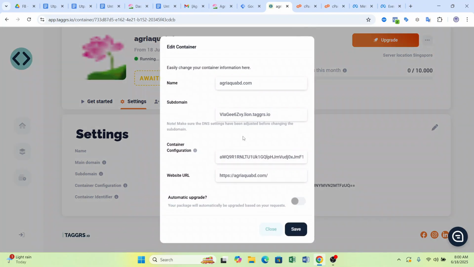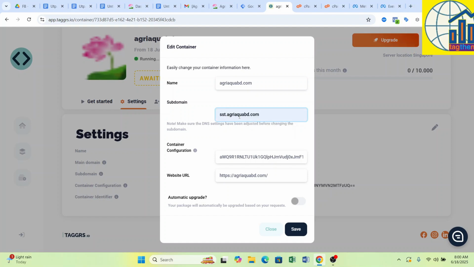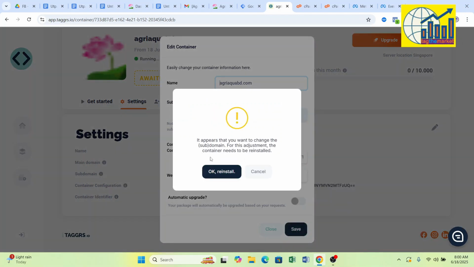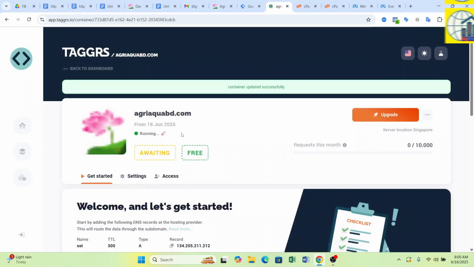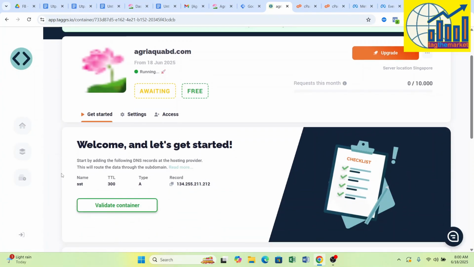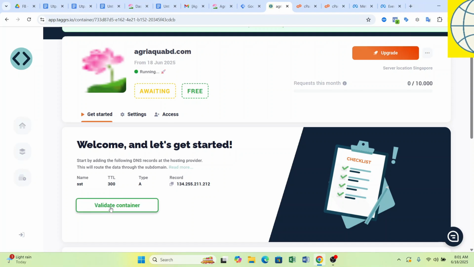So this edit, and SST, I prefer this SST.agriAquaBD. So this one, if I save it, it is telling me to reinstall it. Let me wait and see what happens. So this is the details, DNS records. I have to add them to my hosting provider, and then I have to validate it. Let me go to this